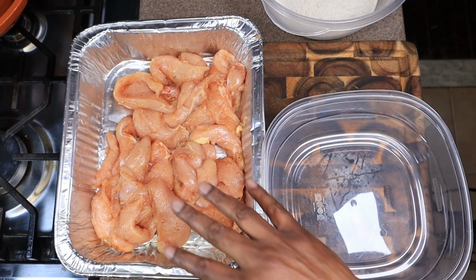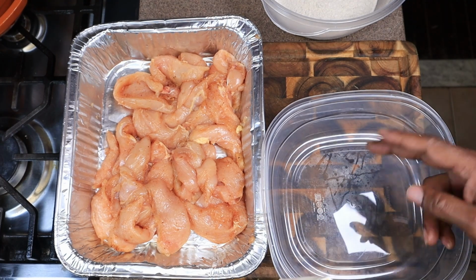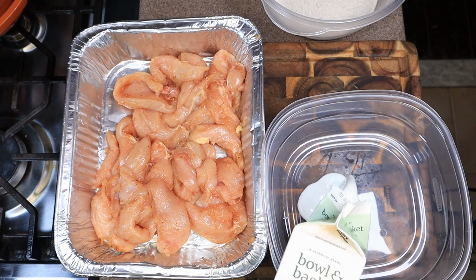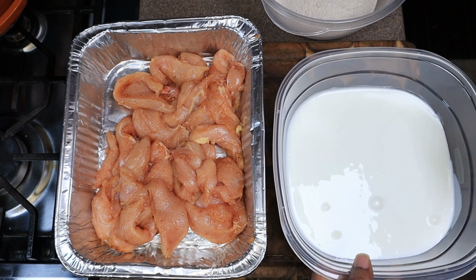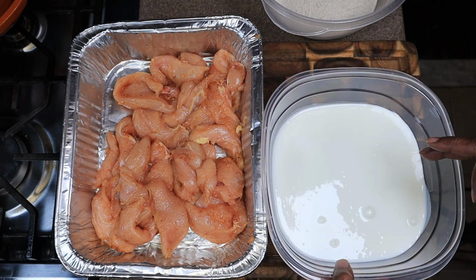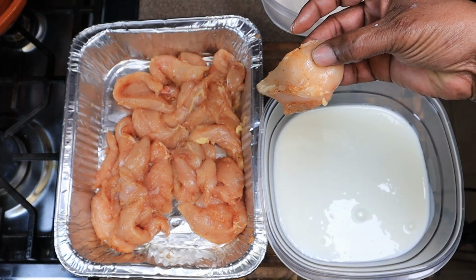All right, guys, so our chicken's been sitting. And now we're gonna go into buttermilk. Now, I know most times you take the buttermilk, you put the chicken in the buttermilk, and you let that sit for a few hours or overnight. All right, guys, so the buttermilk is a little bit thicker than water or milk. So that's why we're using it. So we're gonna go in the buttermilk,